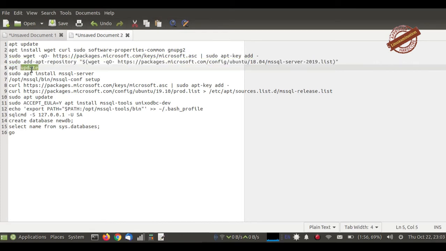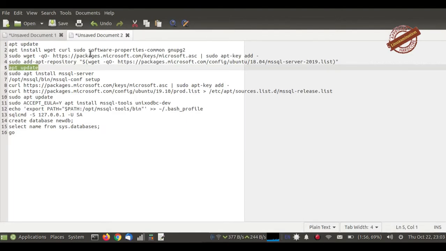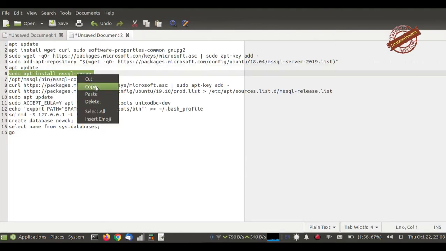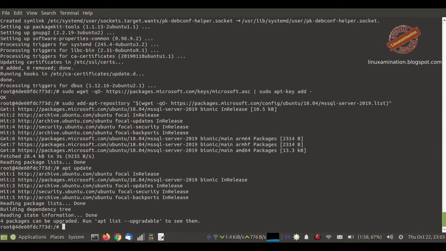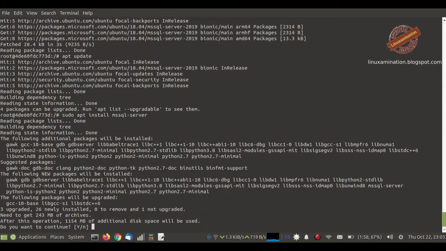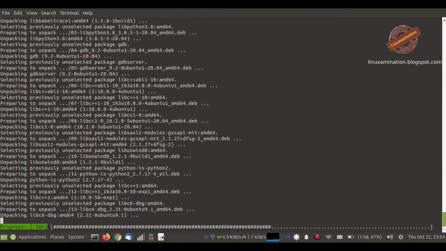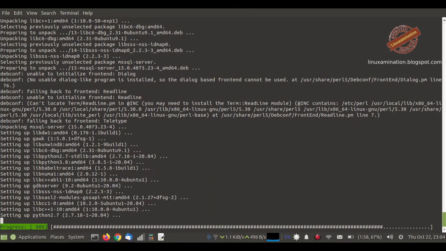An apt update is the command to update the Ubuntu repository. Now I am installing MS SQL Server. It is installing, and after the installation I need to configure it.